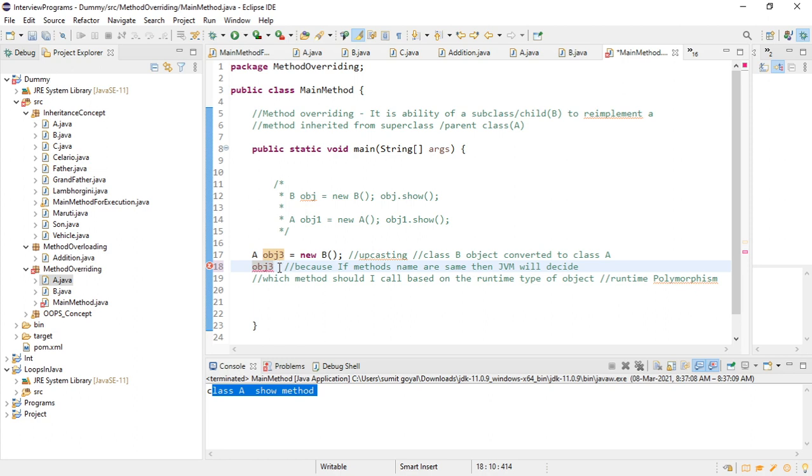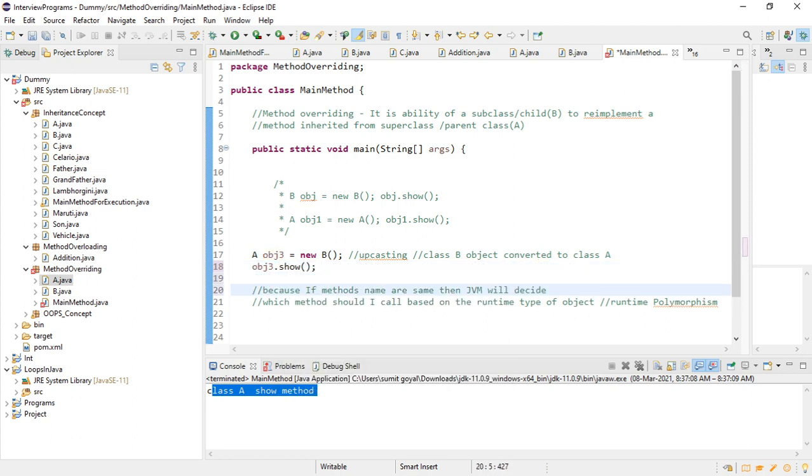Here I'm trying to call one show method, right? Do not assume that it will call the method of class A because upcasting is done here. As the method names are same, at the runtime that method will be called, right?